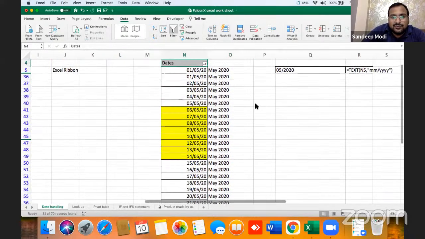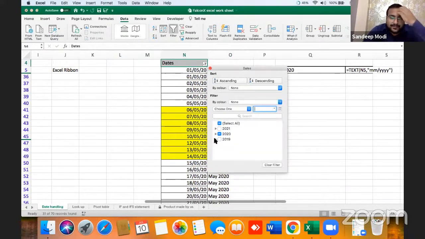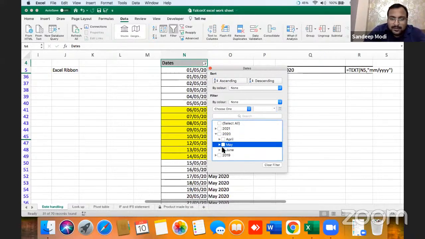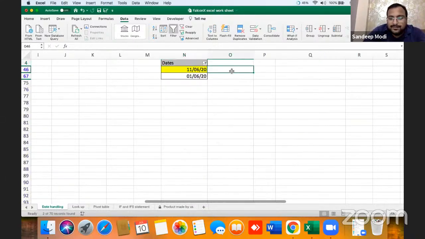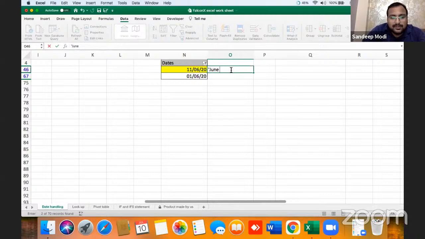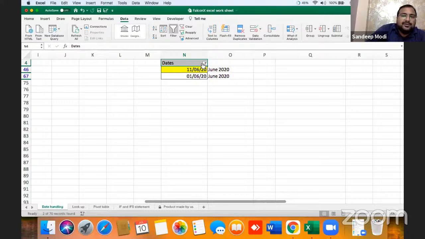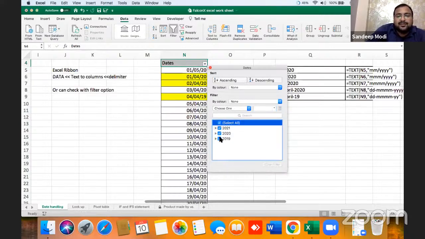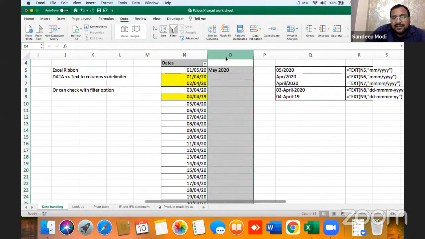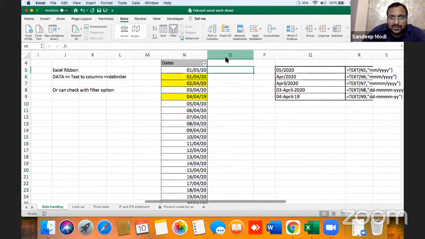Now I want June data, so I will put June here. But don't you think that for converting dates into month or some other format, this way is time consuming and the chances of errors are too high? So what can we do?